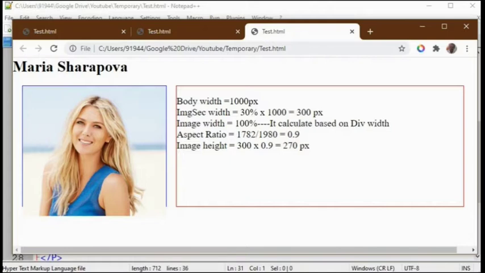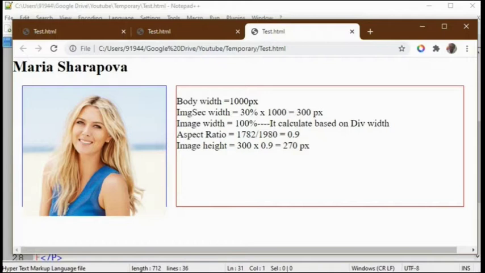It is calculating based on this 300 px. So it is accommodating this 1980 px inside the 300 px. But we have not mentioned any height. For that reason, it works out 300 times 0.9, which is 270 px, whereas our height is only 250. So this 20 px has come out of the vertical height.